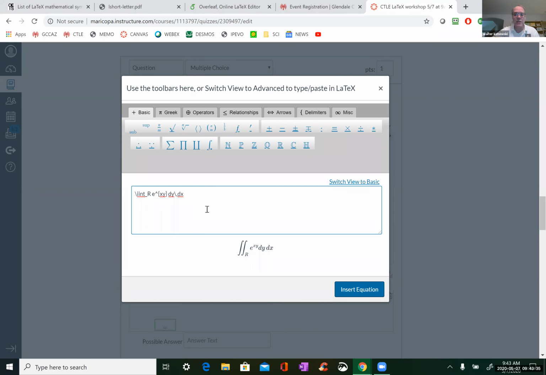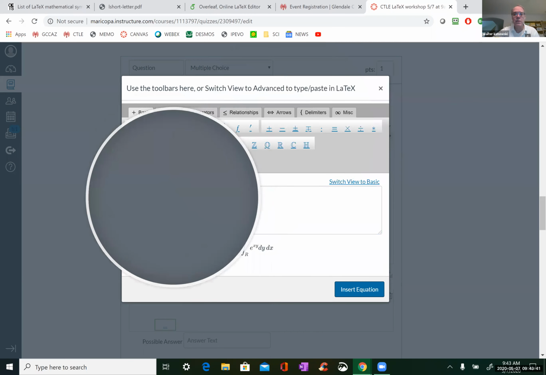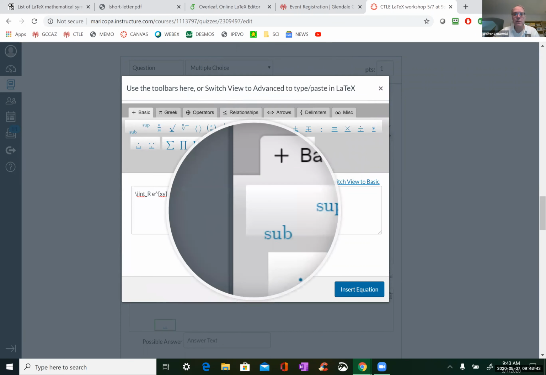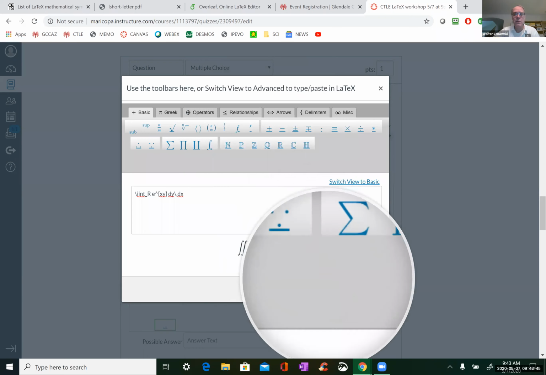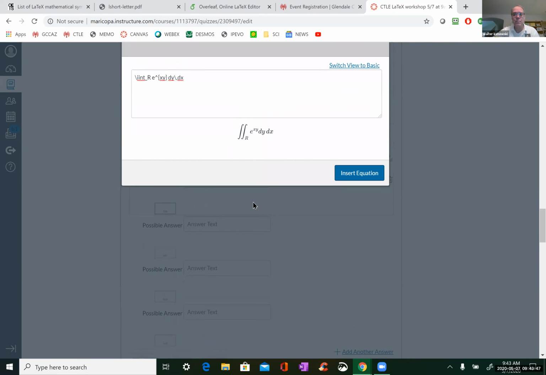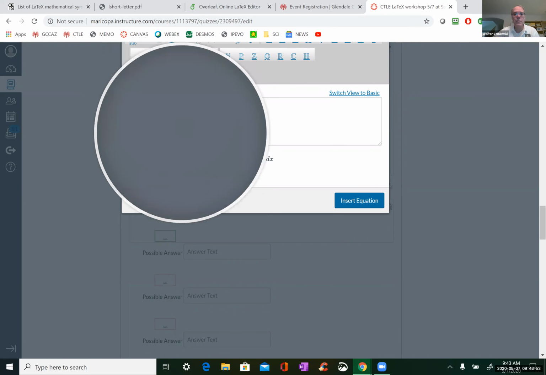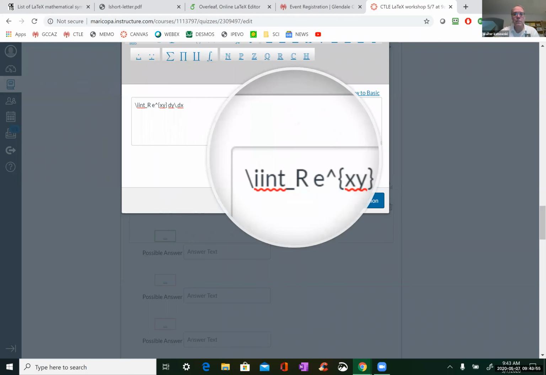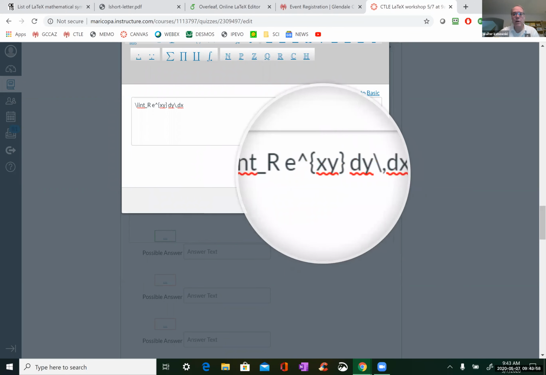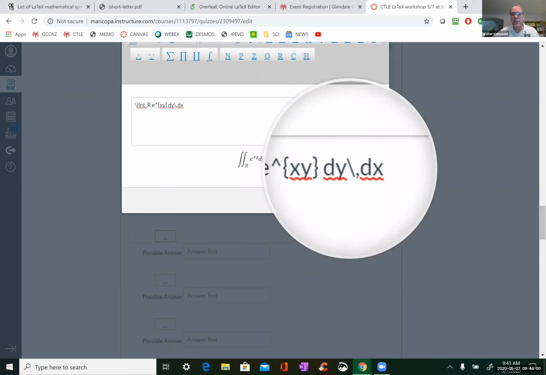There's a backslash. Let me get, I installed a magnifying glass. There we are. Okay, you see that backslash comma? That's what's called a thin space.